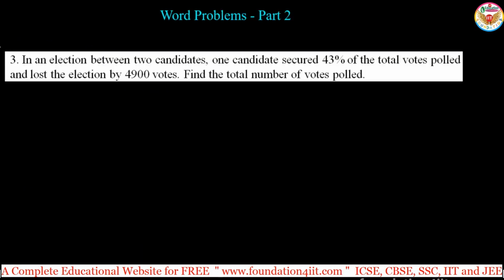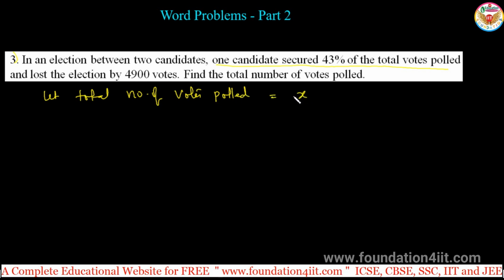In these word problems, part 2, the third one is: in an election between two candidates, one candidate secured 43% of the total votes polled but lost the election by 4,900 votes. Find the total number of votes polled. So the question is about the total number of votes polled. Let us take this value. Let the total number of votes polled